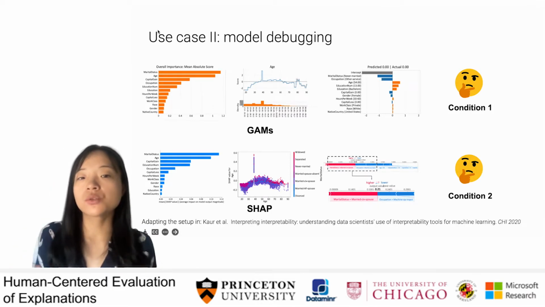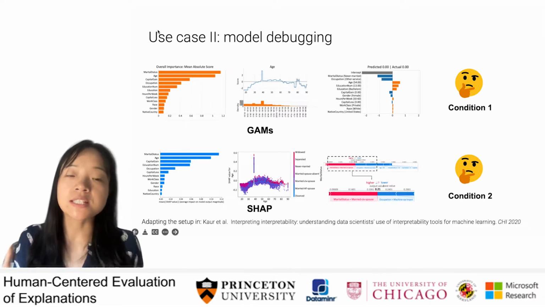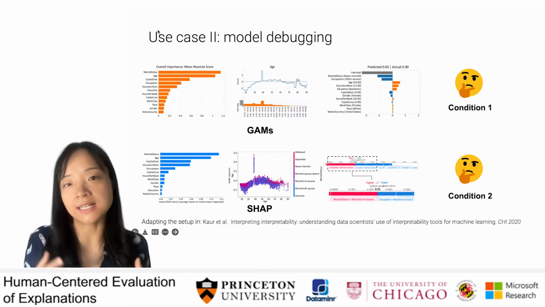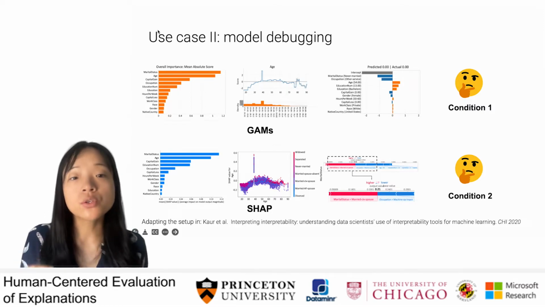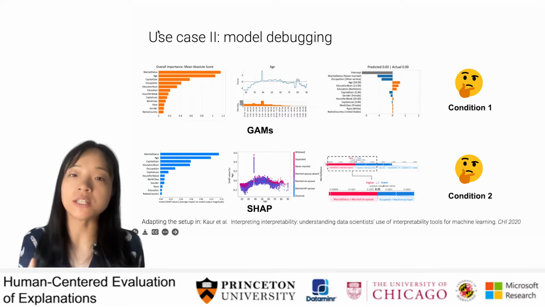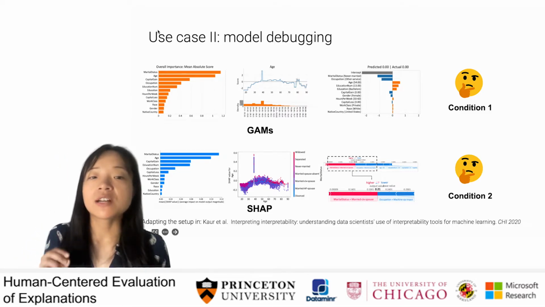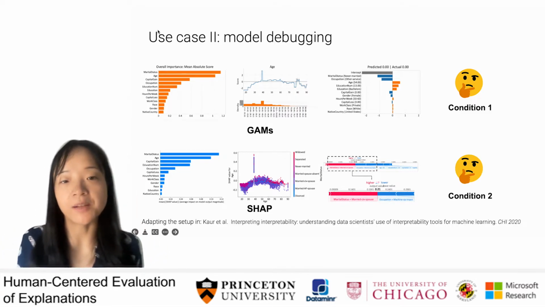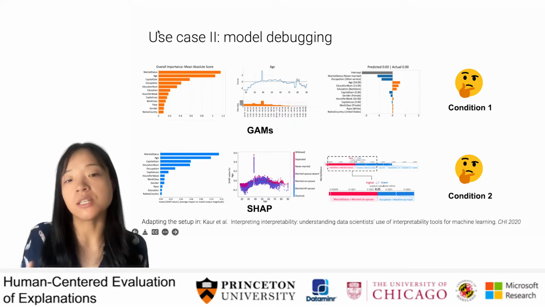Now let's move on to a second use case, model debugging. I would like to introduce this experimental setup used by this KITE 2020 paper by Kaur et al. Again, I'm going to adapt the measurements used, especially since this paper is more of a qualitative study. In this setup, let's consider a different kind of evaluation treatment design. Instead of evaluating whether one type of explanation is effective,